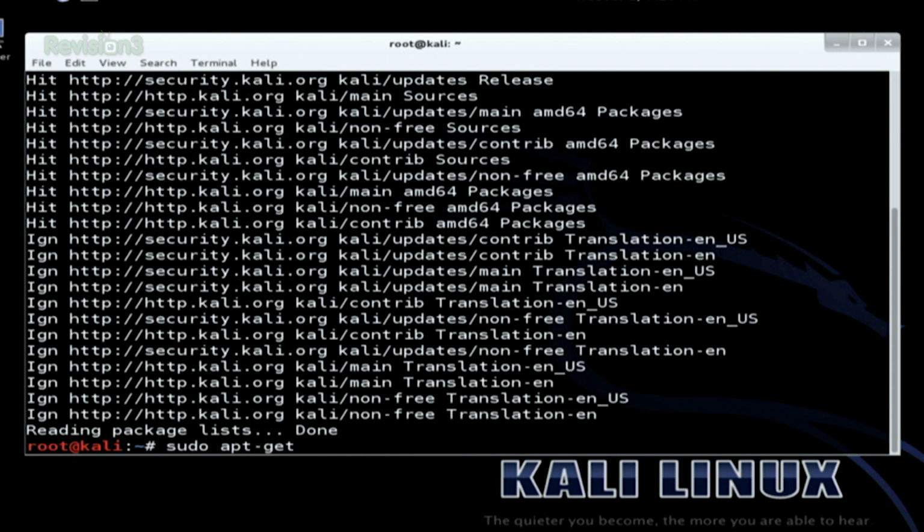Yes, sudo apt-get, and then the first one is install git. Of course, you also need git-core. Git-core, and then autoconf. You also need automake. Oops, automake. And then we will need libtool, G++,